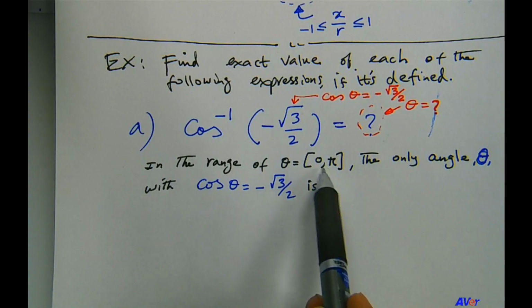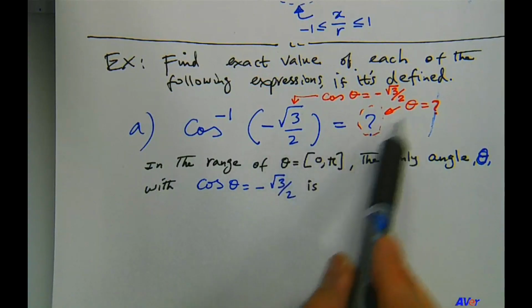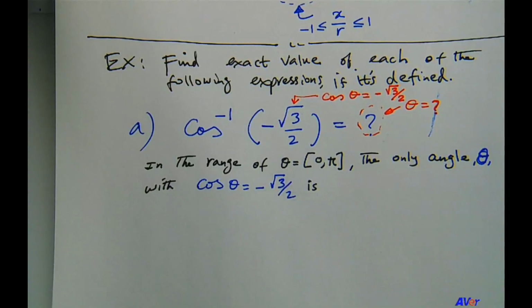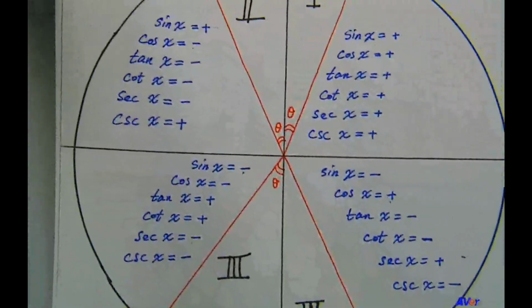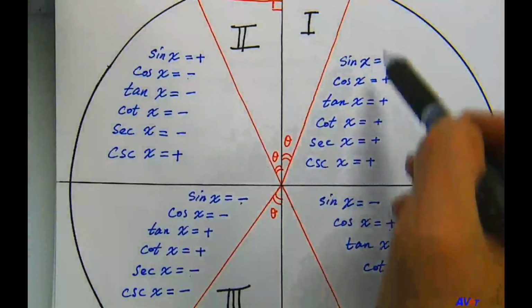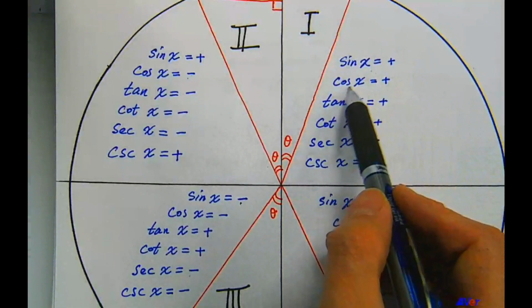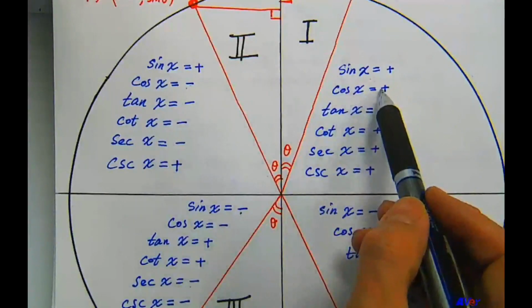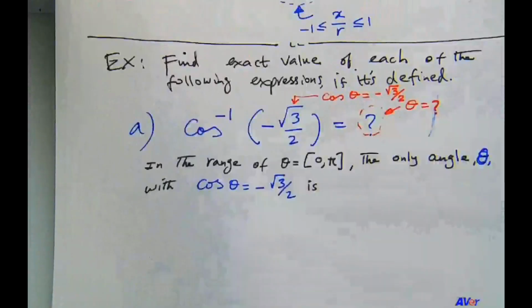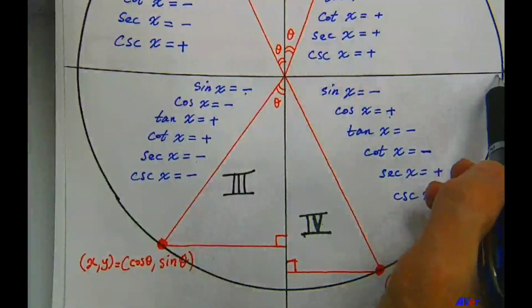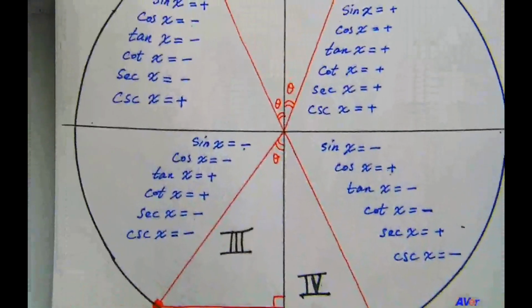The angle we're looking for must be between 0 and pi. Where can it be? So if I bring this back, can it be here? No, because the cosine of some angle in the first quadrant is going to be positive. We have negative. So in the range between 0 to pi,